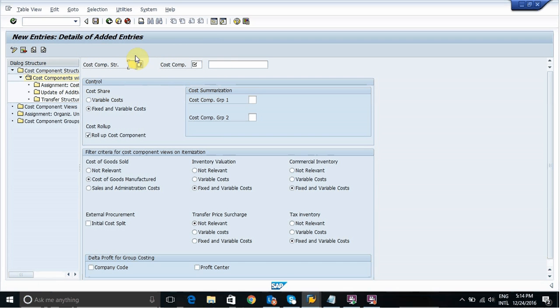Next, and again CF 05, here power consumption. Okay, save it. And last one is overhead, right? CF 06, this is overhead expenses,